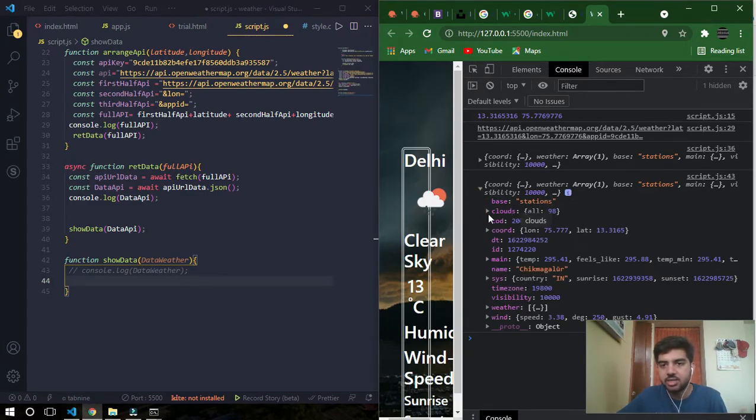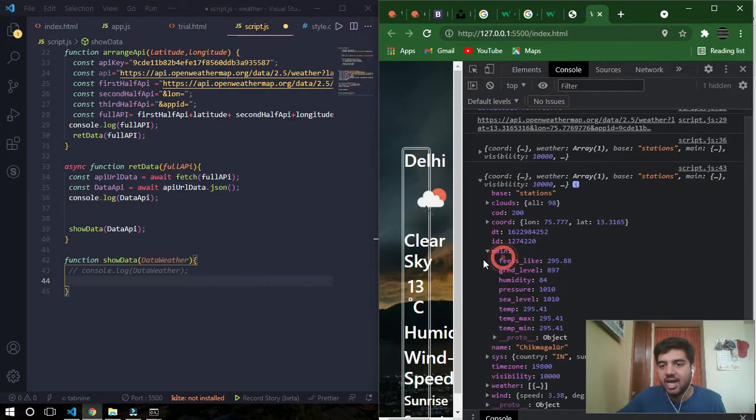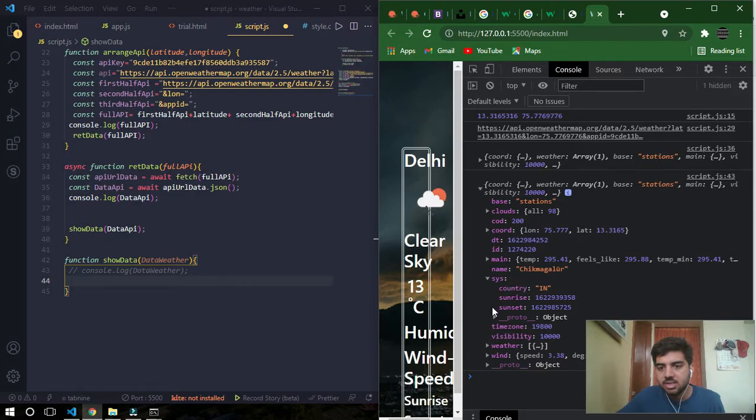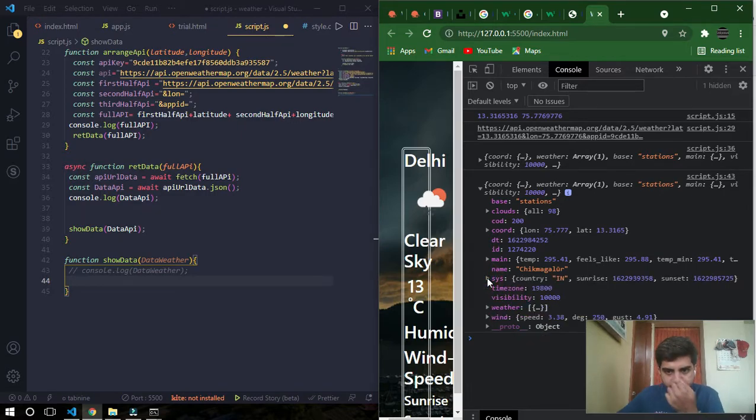You have clouds, base, coordinates, you have date, ID, main, then sys, then you have weather, wind and all. So actually, how to access this data? Anyhow, you have made 50% of the application. Now how to access this data? That's simple.